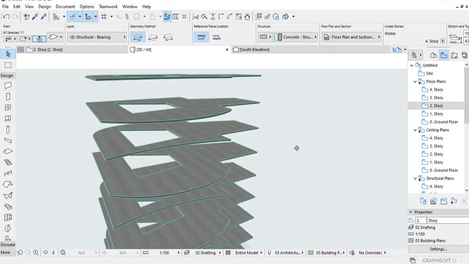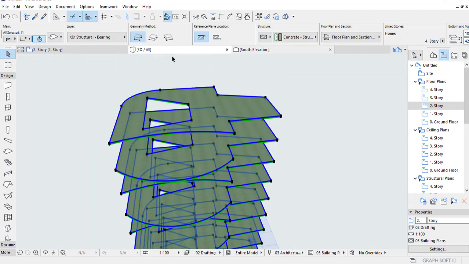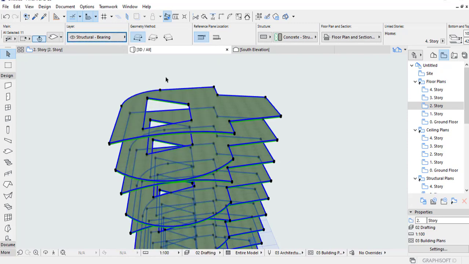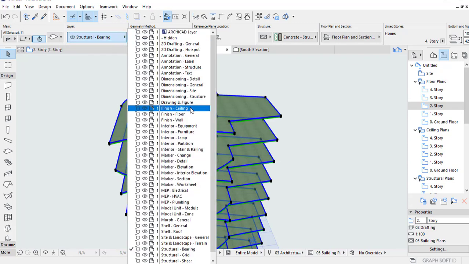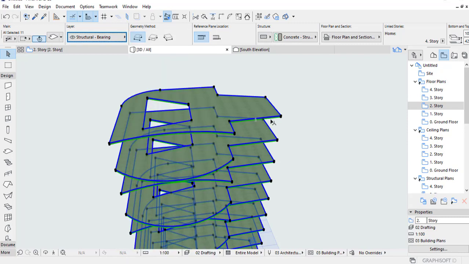Okay, so the material is assigned to this. By default it is put in a layer called structural bearing. Okay, this is the layer, so you can quickly change these layers by clicking into this. So if you want to put it in, let's say, finish floor, or you have another layer by the name called slabs, which we don't have now, but I'll just show you.